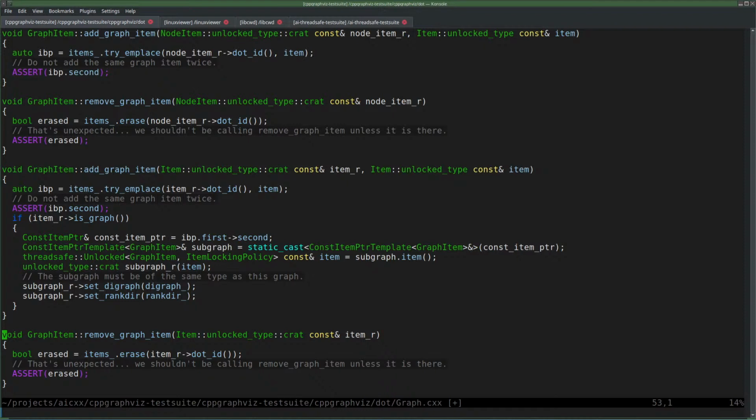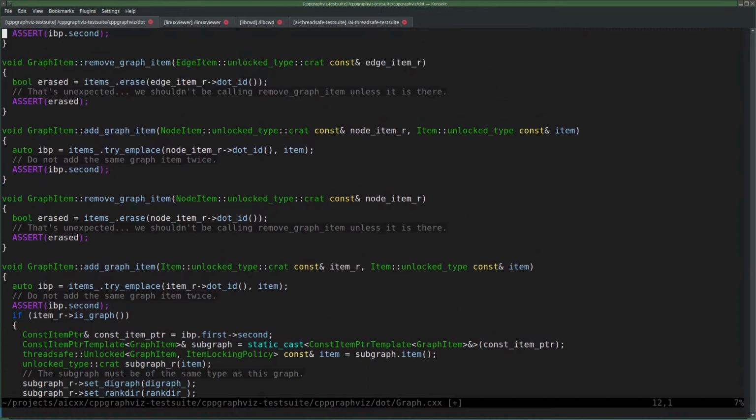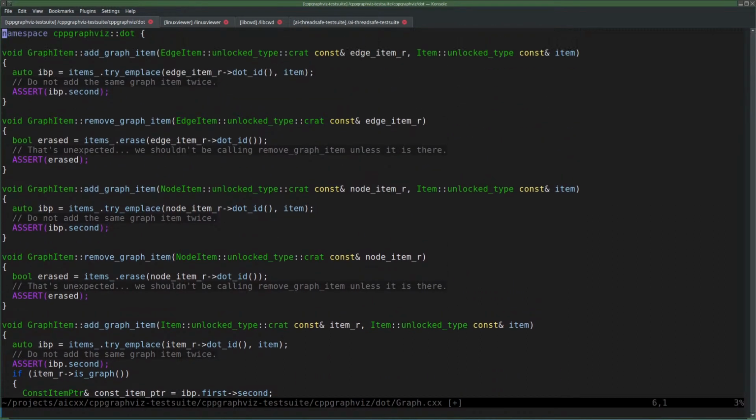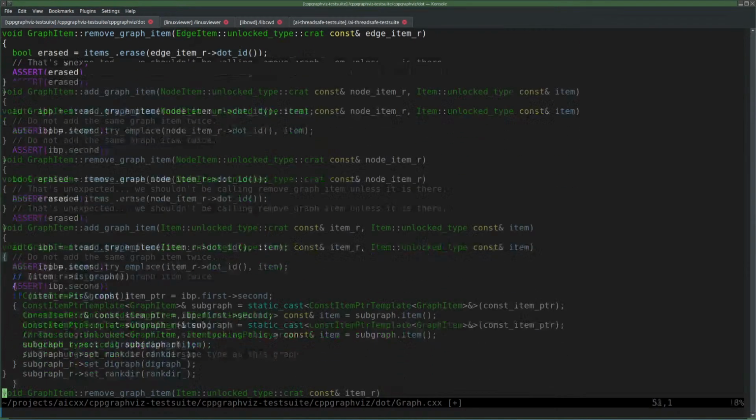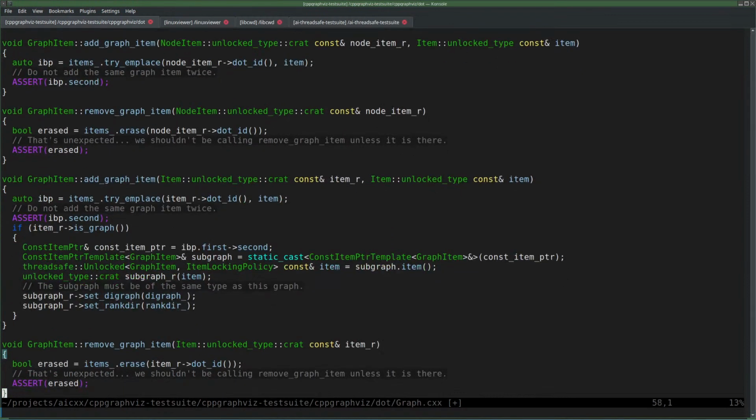I think that these can also be all templates, right? I just have to do this special thing in case it's a graph, but when it's not a graph, then yeah. So an add kind of node item might be a graph, so I don't need graph item then.